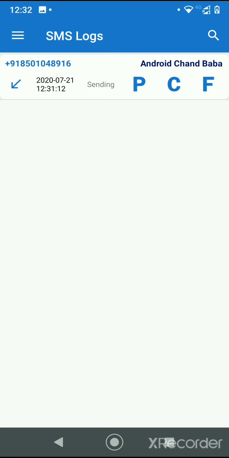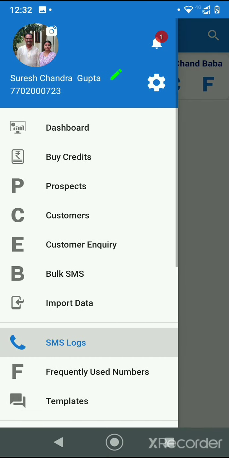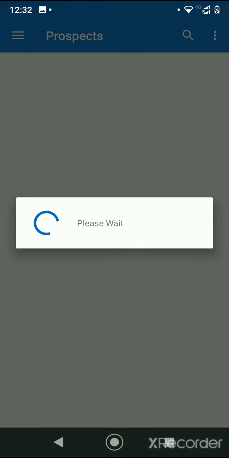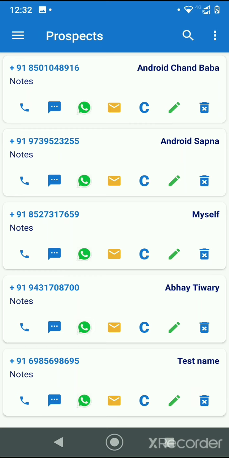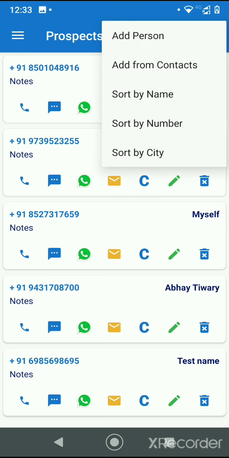Then I am going to show you why I ask for access to the contacts. You go to the prospects. Here you see I have the list of prospects, and the app allows the user to add a contact from the device contacts.